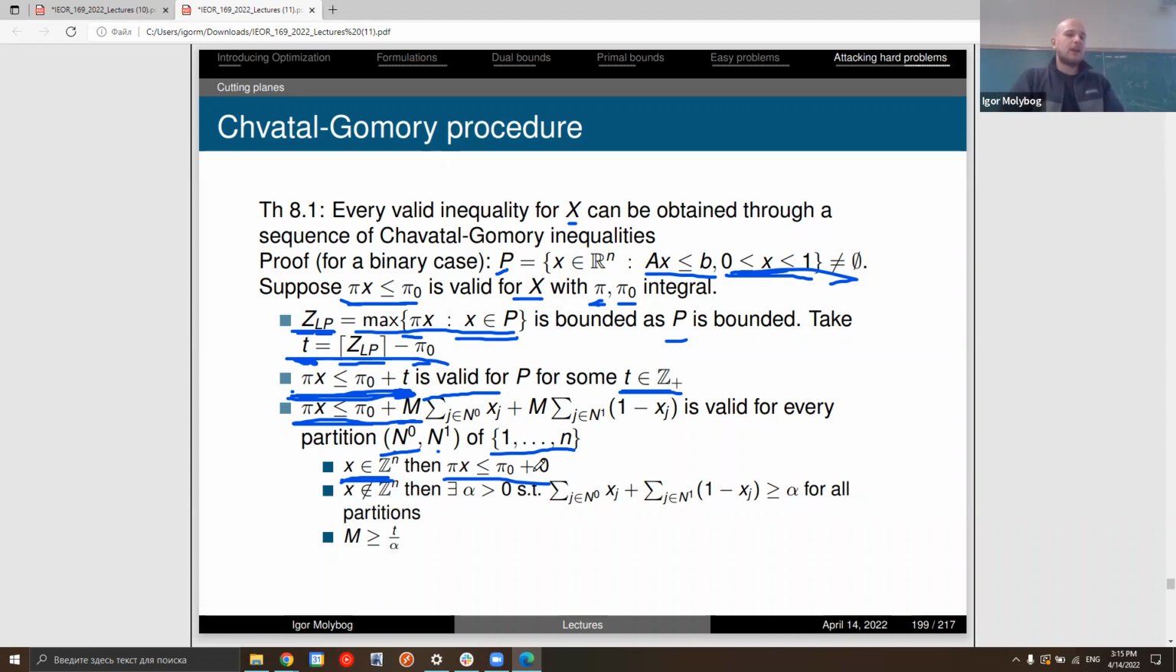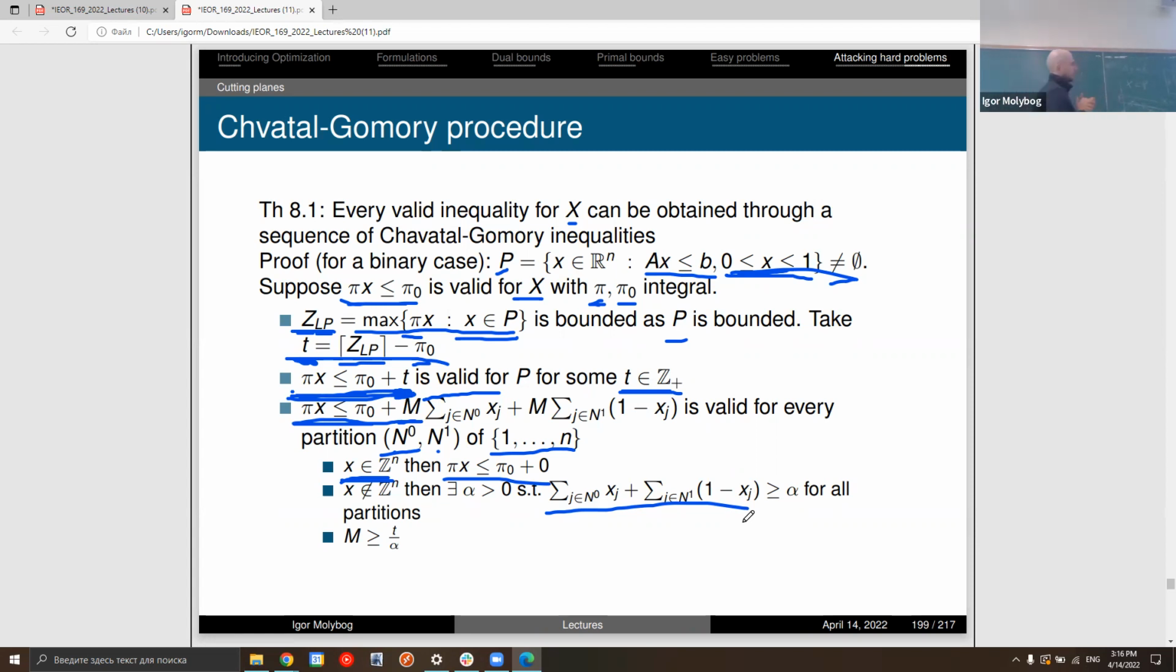If we assume that X is not an integral point, then there exists alpha greater than 0 such that the summation of j in N0 of xj plus the summation of j in N1 of 1 minus xj is greater than or equal to alpha for all partitions N0 and N1. How do we know that this is the case? Well, we just take a value of the,